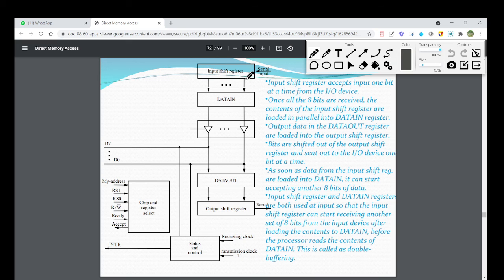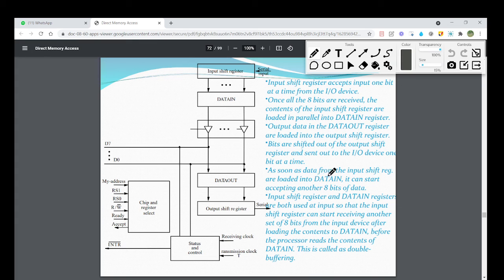The data in the data out register is loaded into the output shift register. Bits are shifted out of the output shift register and sent to the output device one bit at a time, to the outside world.